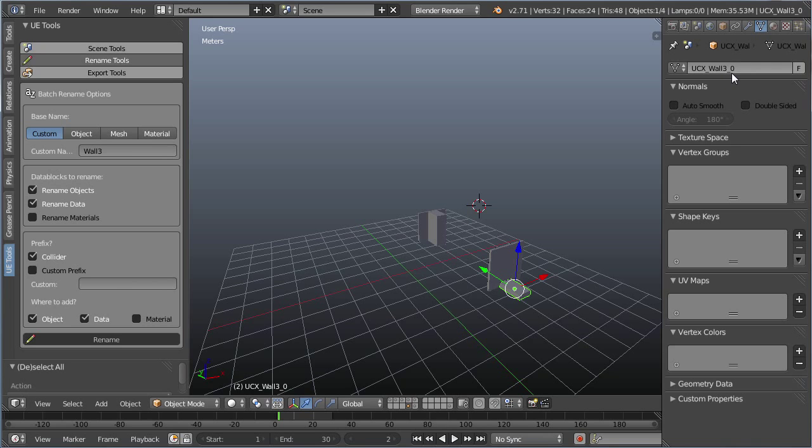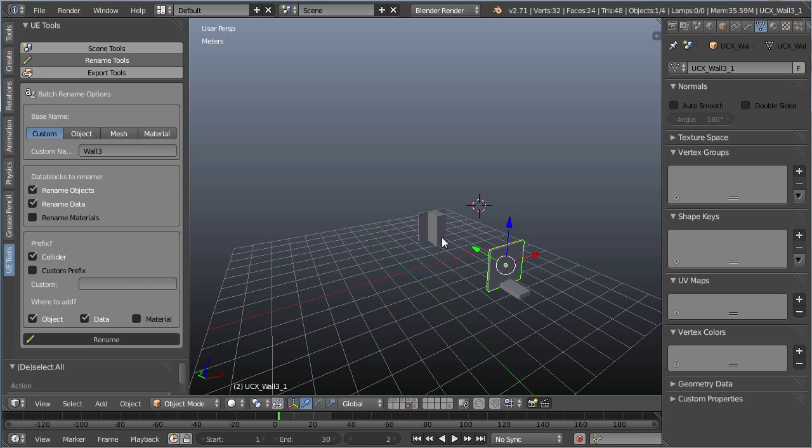It's good because when Blender has more than one cube, it adds a dot and a number instead of an underscore, which is what Unreal Engine reads. So with this option set,